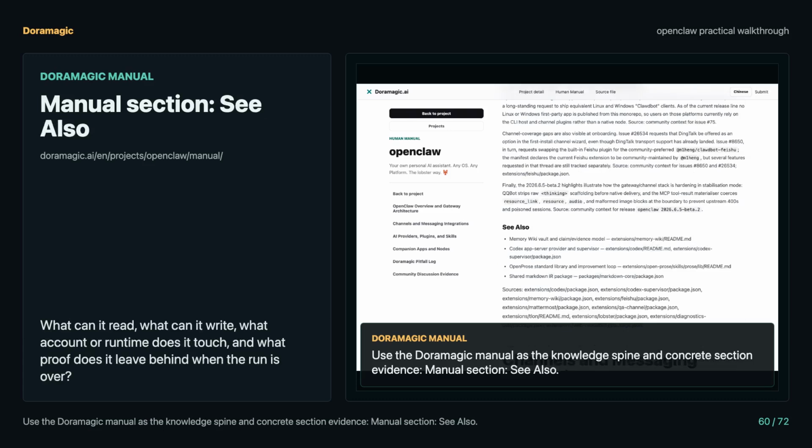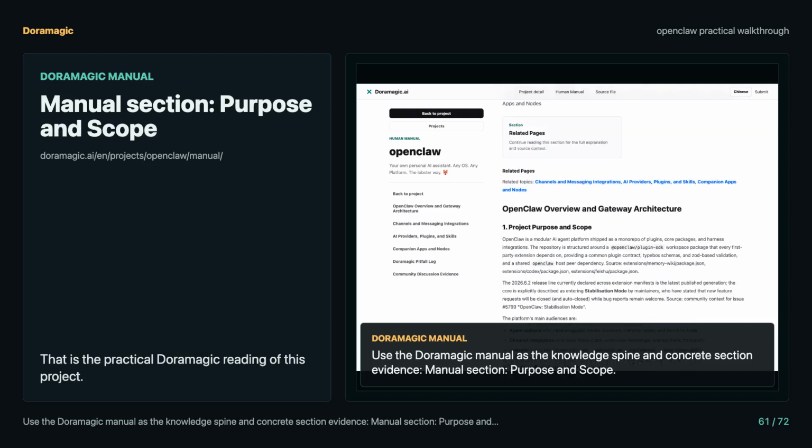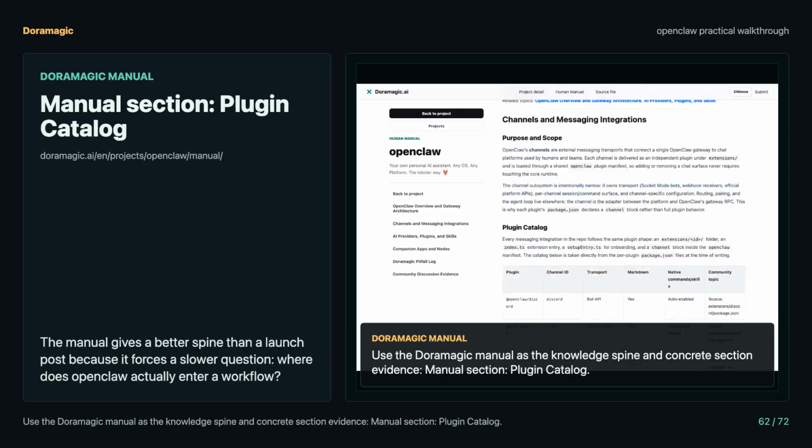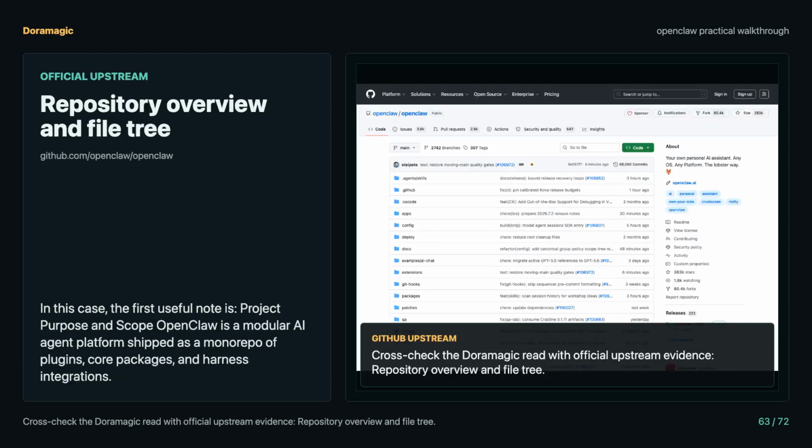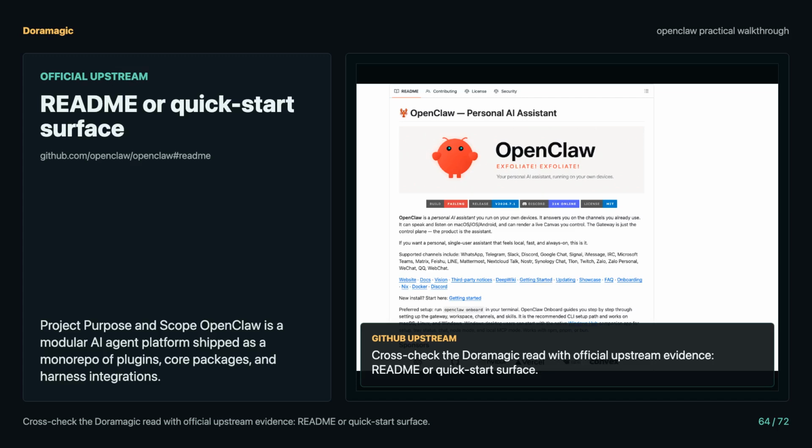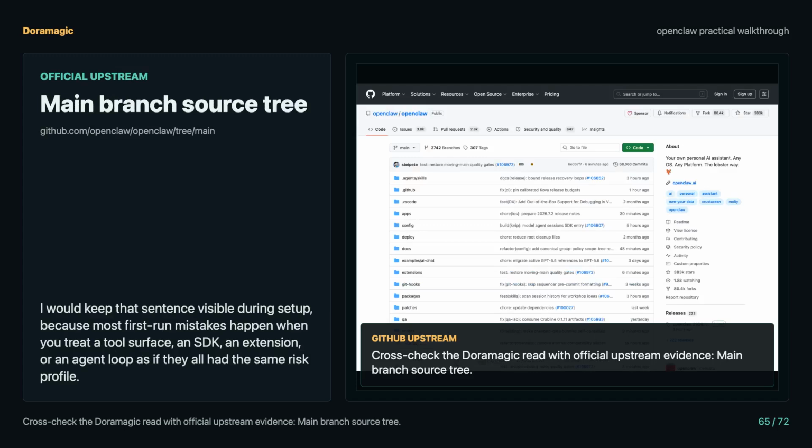And most extensions add a setup entry, channel, or install block describing how the host should load and surface them. Watch the failure that looks like success. The first failure usually comes from assuming the demo path is the production contract. Keep proof on screen. The repository is structured around a @OpenClaw/plugin SDK workspace package that every first-party extension depends on, providing a common